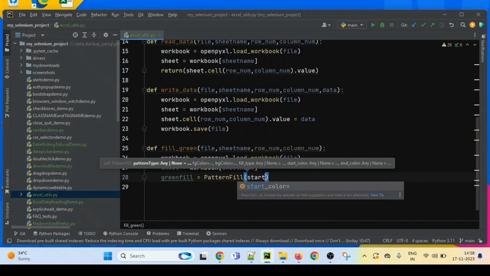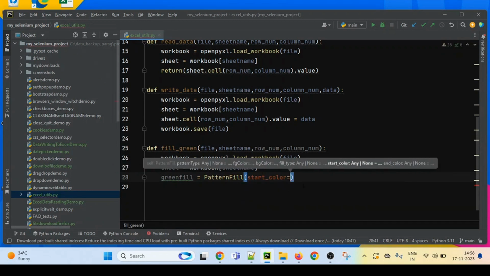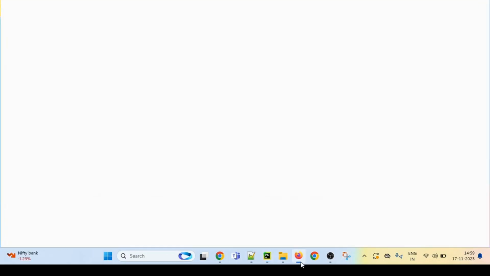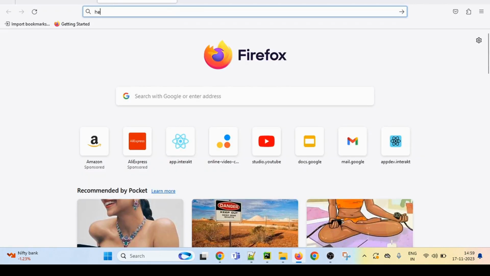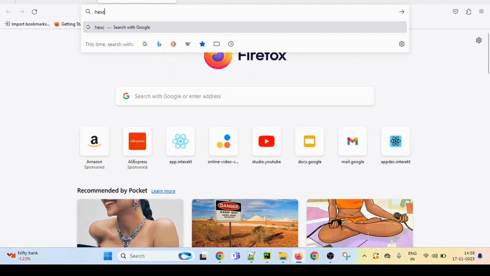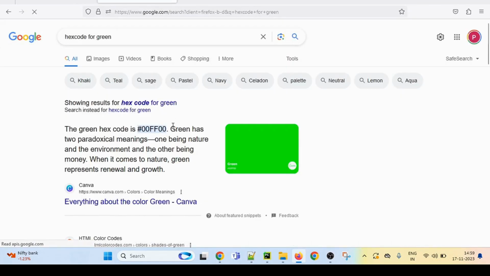For example, start color equals to, which color we have to pass. We have to pass the hex code. So I am just typing hex code for green color, I am just googling it. So you can see this is the hexadecimal code for green color. So we have to use this code.